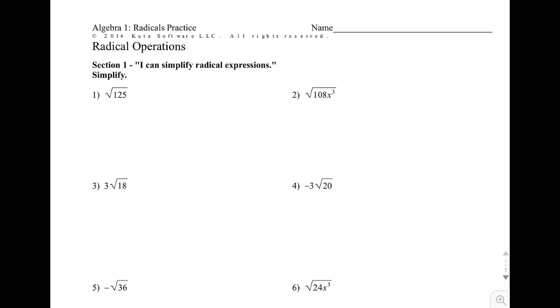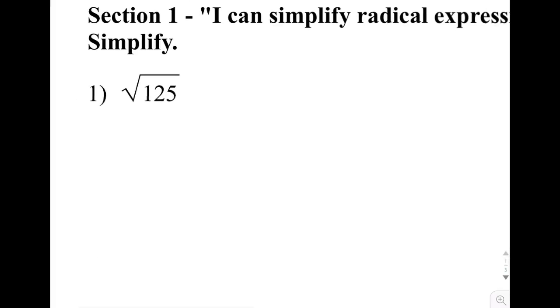Welcome to radical operations. So we're going to be working with a variety of different math operations you can do with square roots. So we're going to use square roots throughout this unit in different ways. So in this first section, what we're looking to do is simplify a radical expression. And by that we mean break it down as far as you can with perfect squares that can come out of things. So if we look at the number 125, we could create a factor tree, and we could say